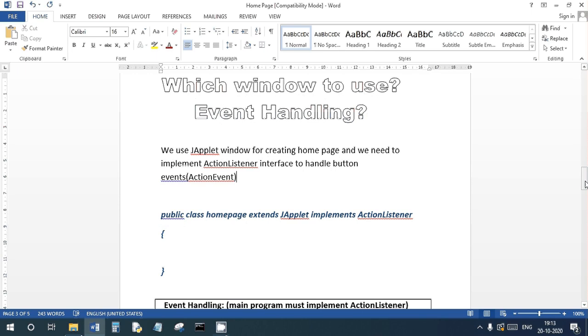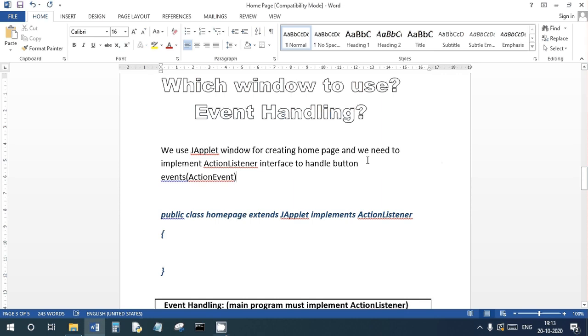For example, if he clicked on submit, the form data must be submitted, or you give a message like the form data has been submitted. For reset, the form data is cleared. Like this you have to display some messages or do some tasks. For that purpose we are going to implement the event handling mechanism.